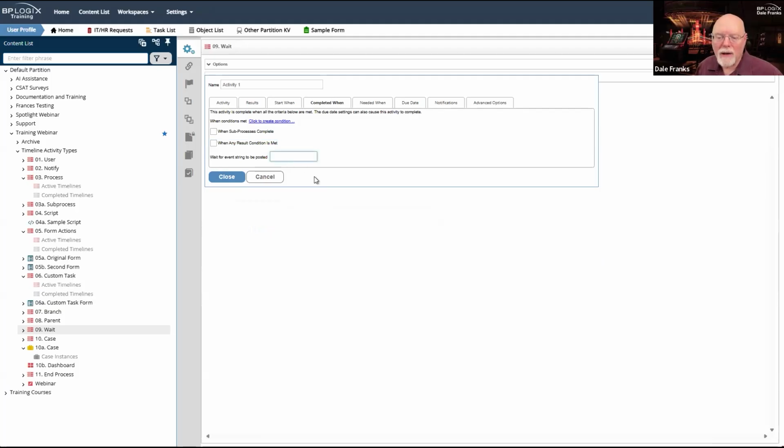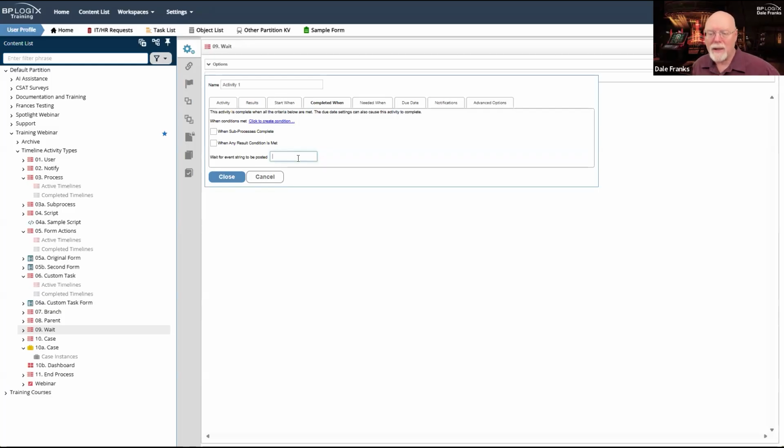You can also wait until a certain event string is posted. Now, there are certain event strings for certain activities that happen that get posted, and they're posted to the logs, like timeline complete, form submitted, whatever it is. And you can actually tag those event strings and just wait around until those event strings are posted.